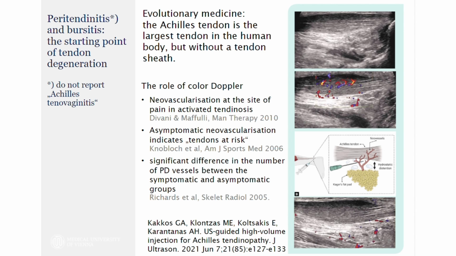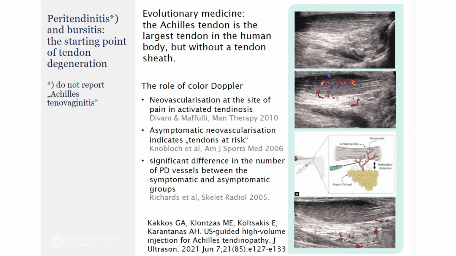What you nicely see with color Doppler is that in peritendinitis, you have an increase of vessels. Normally, as you saw in the image behind, you only see one small arterial vessel entering the tendon in the mid portion. That you can nicely see with color Doppler in almost every patient. And this is the only thing that you see in normal patients. If you see such hyperintense color Doppler signals also within the tendon,